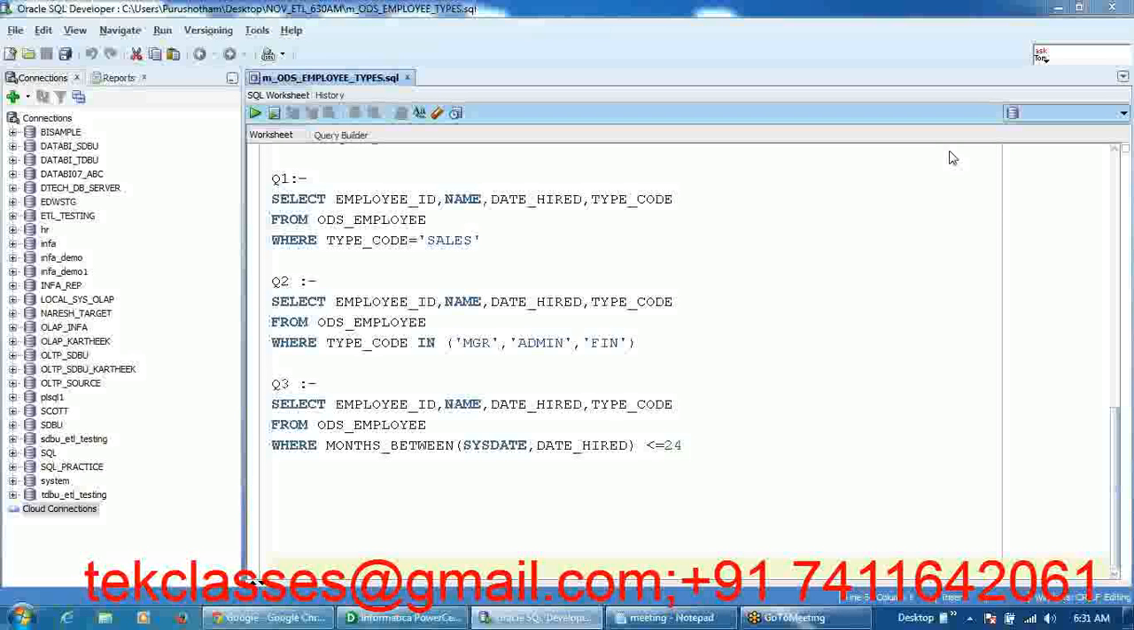Right. So yesterday what we have seen is how the router transformation divides the data into different tables. And we have prepared the three source queries basically to validate the data between the source and target. Now I have logged into the TDBU schema and we will verify that